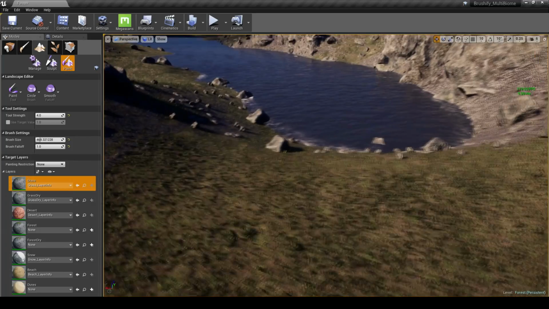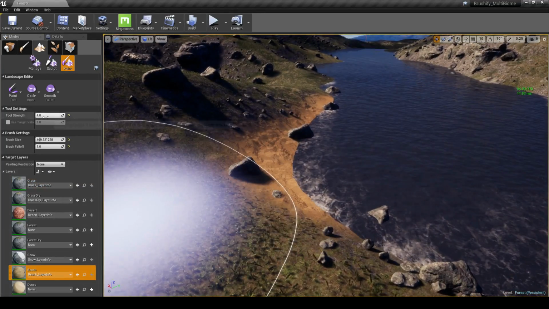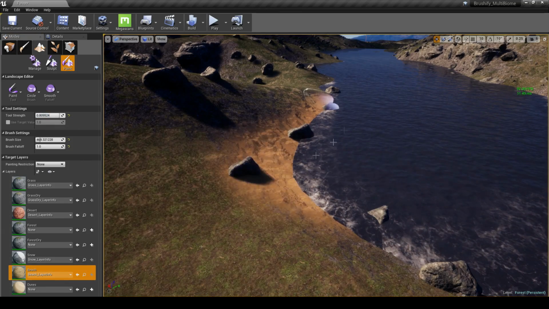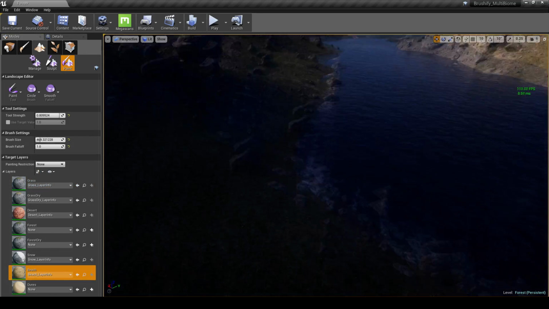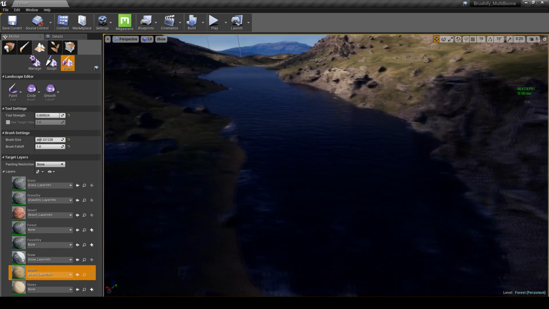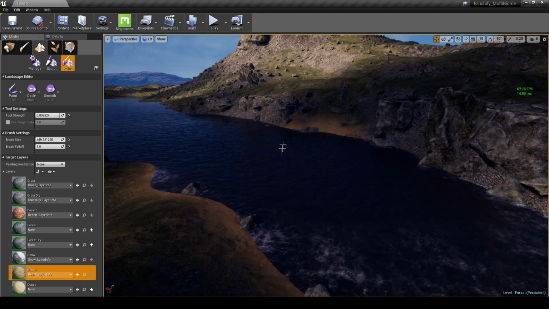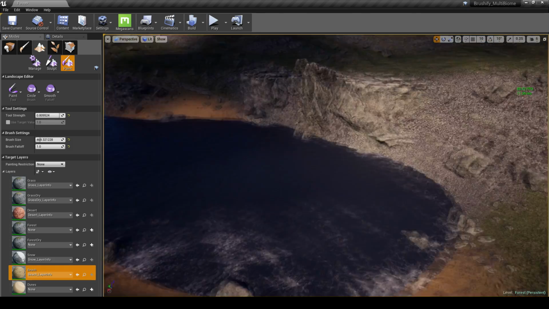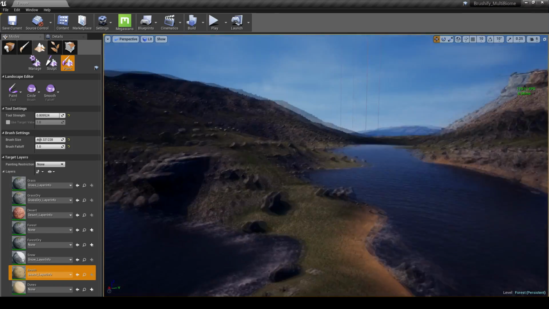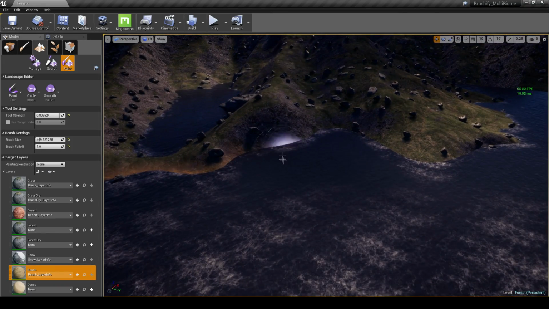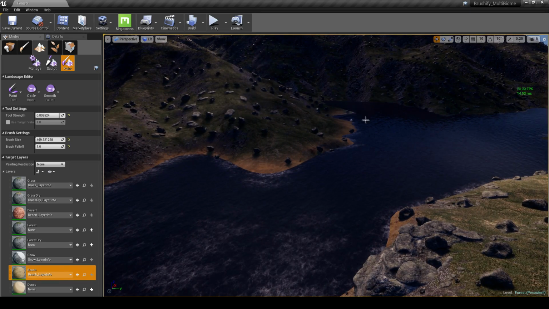The great thing about this is with Brushify I already have the beach biome, which is made exactly for this purpose. So you can see that as I start painting the beach in there, that was a bit too hard, I'll go back and repaint that again. I can just go around the edge of my lake, adding beach everywhere along the edge of the lake. Usually just start with the edges, and later on we can fill the whole thing up. So this is wherever you have the edge of the lake where you don't want to have any